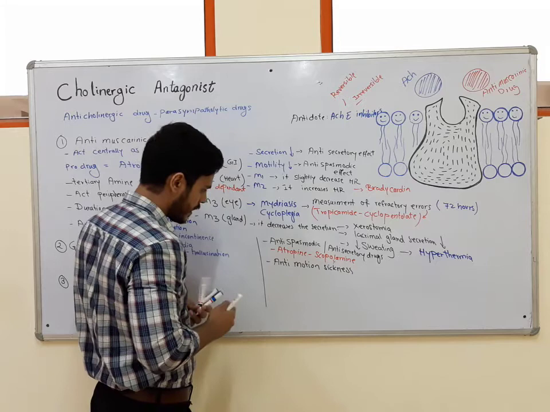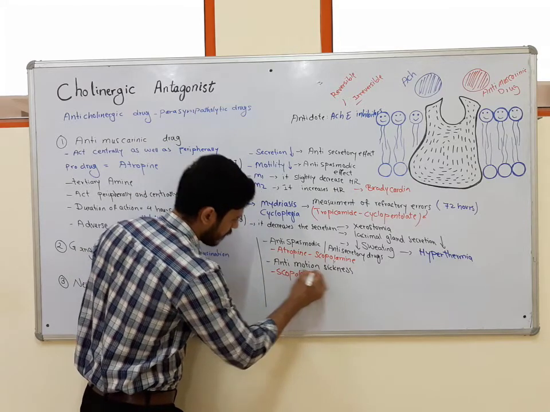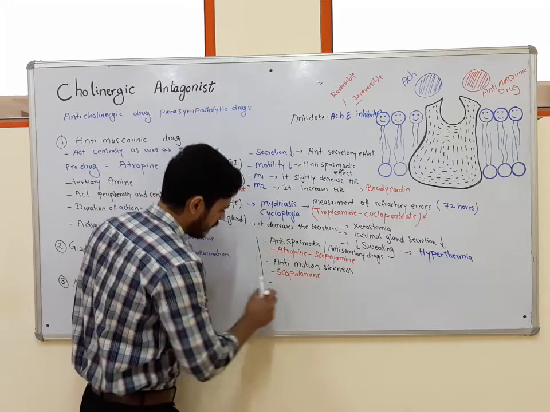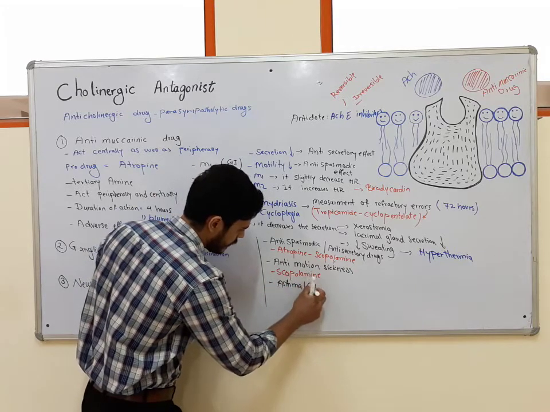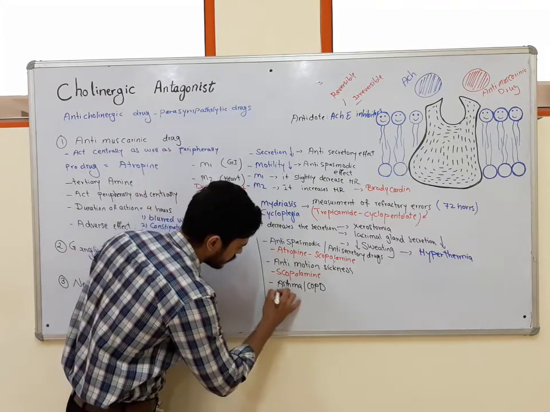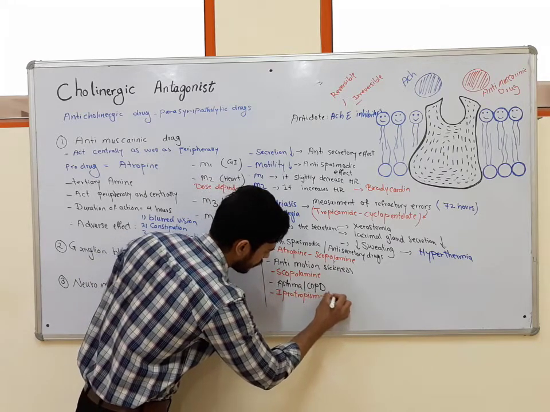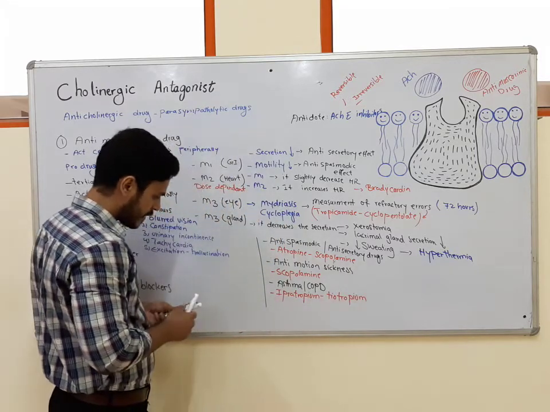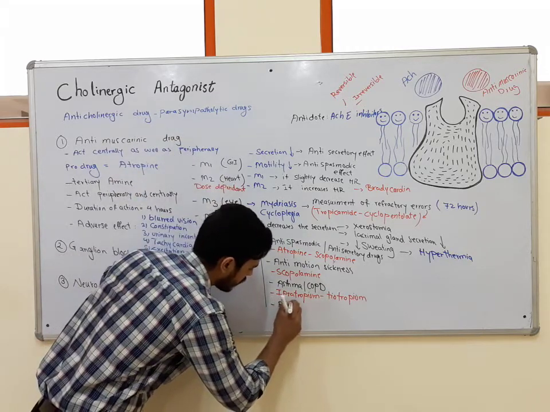So the drug here is scopolamine. We can use them for treatment of asthma and COPD. For treatment of asthma and COPD, the drugs here are ipratropium and tiotropium. We can use them for treatment of Parkinsonism, and those are anti-Parkinsonism